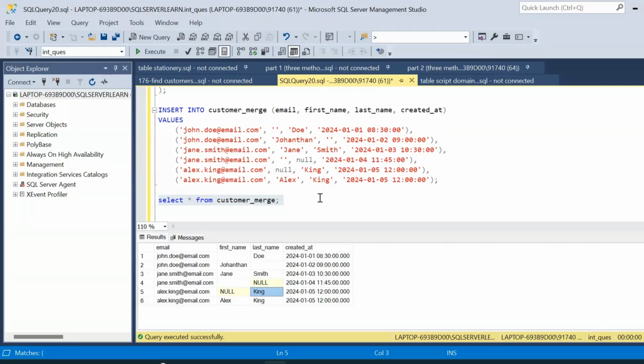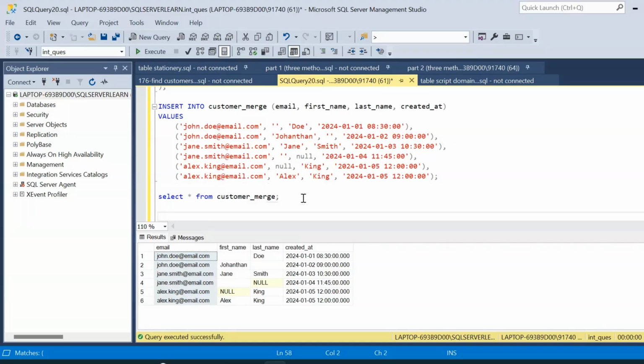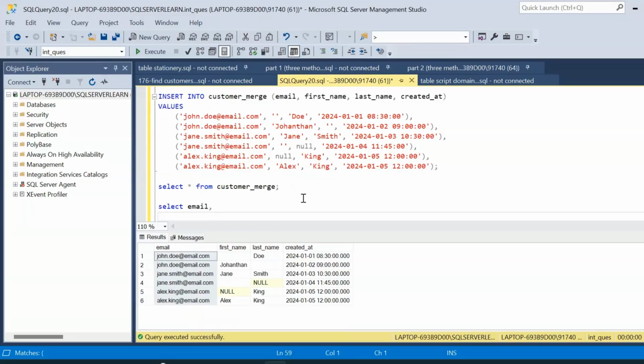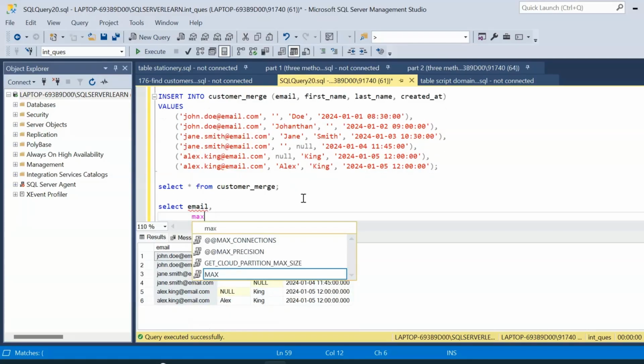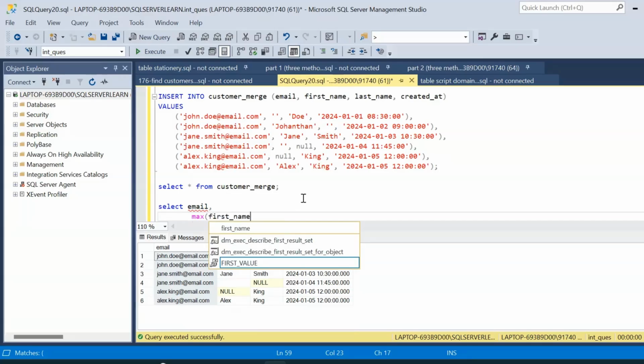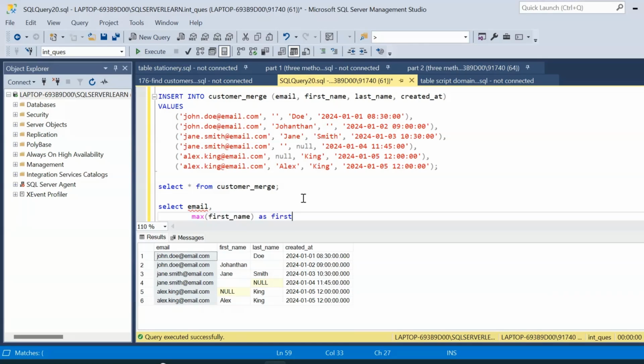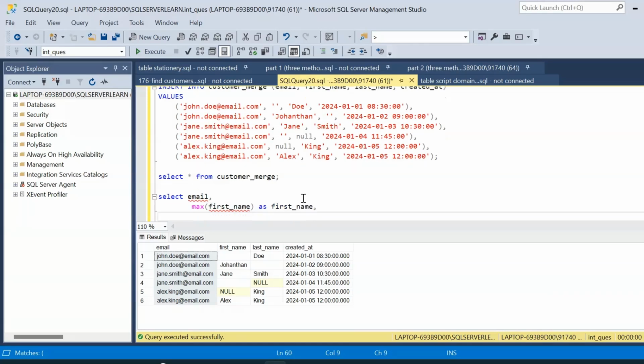So here we are considering the email column as the primary key column or the key column. So here what we will do is select, we will write email, that is the first column we are fetching. Now we will make use of an aggregate function. We will use max of first name as first name. So the column name will be first name and the second column will be max of last name and the column name will be last name,